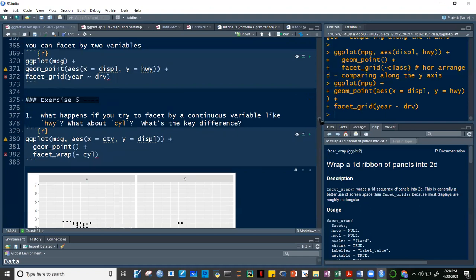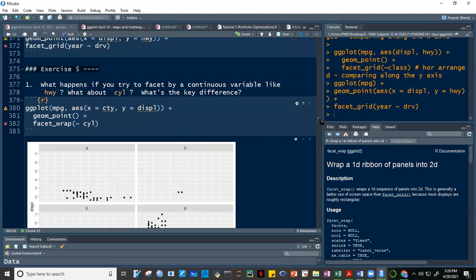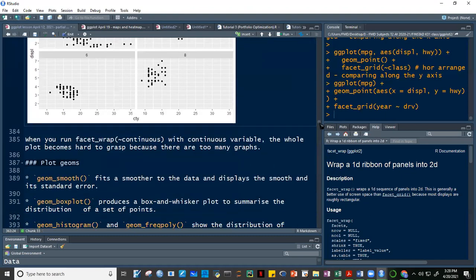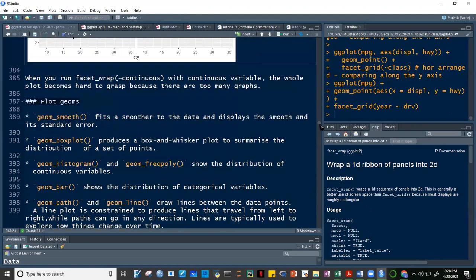ito, nagawa na natin to. Okay, so let me skip that kasi pareho lang naman to, no? It's just the same. Facet wrap din to. Same as what we did a while ago. Okay, let's go here to geoms, no? To the different